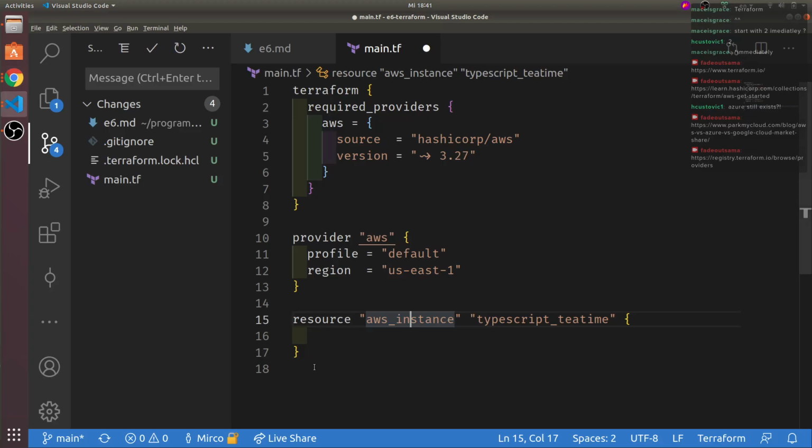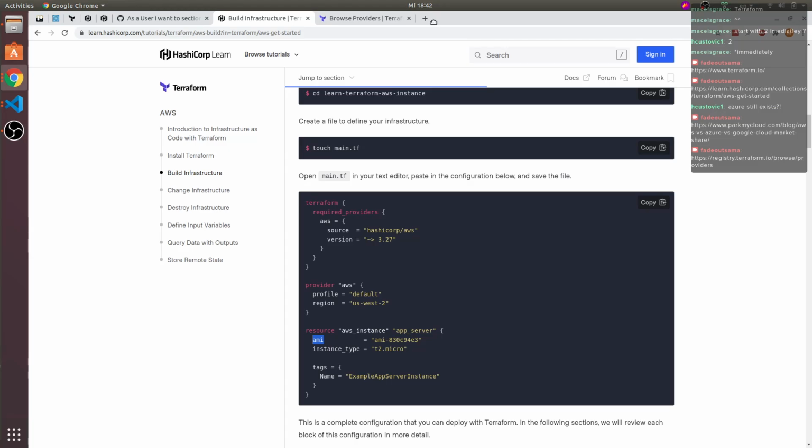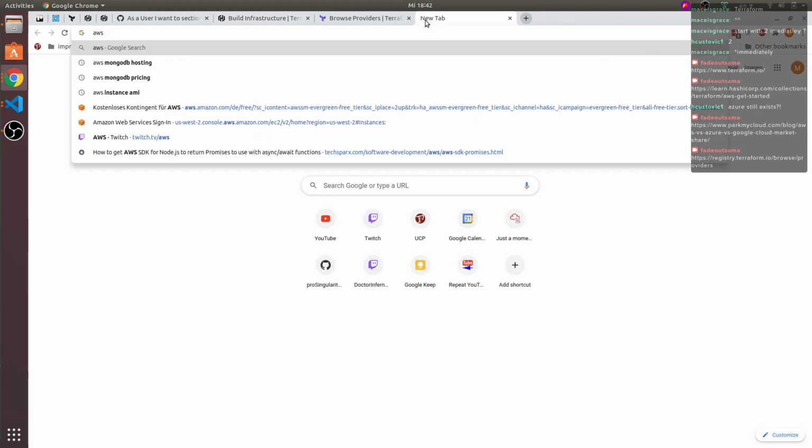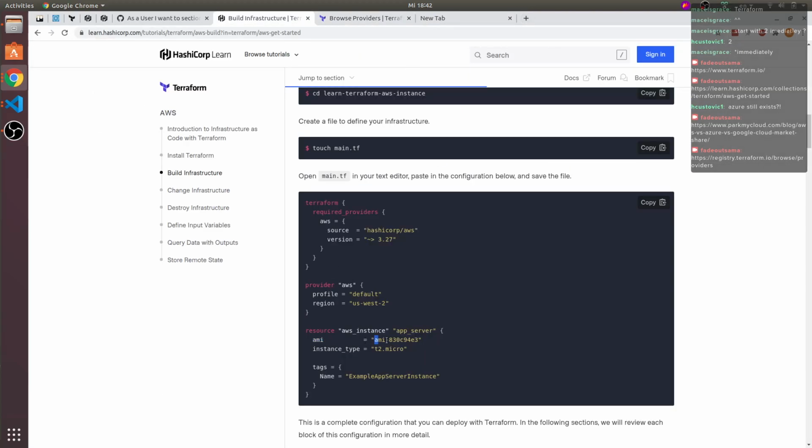So we do need the AMI, which is the Amazon machine image, which is essentially like the Docker file, Docker image. And so there's usually AWS. So these in particular are specific to the region. So we need to be careful with that.